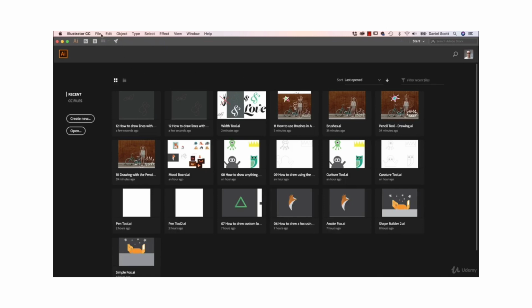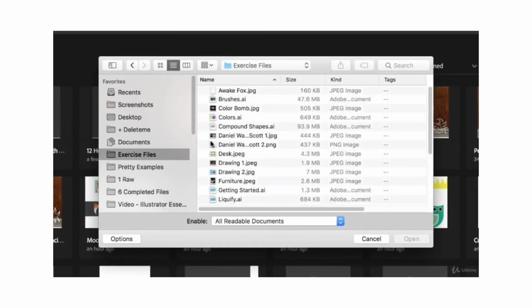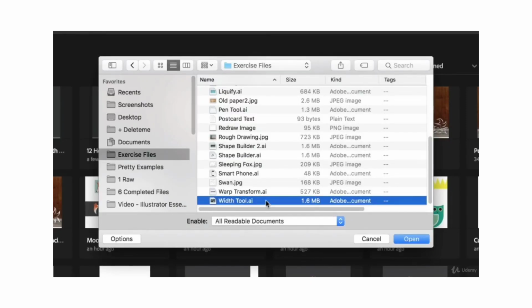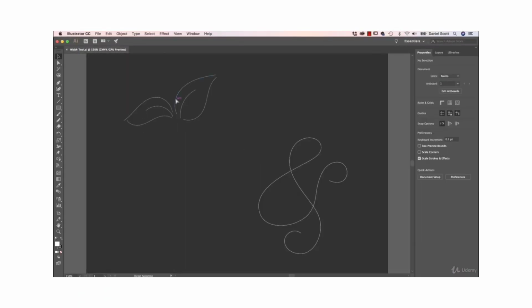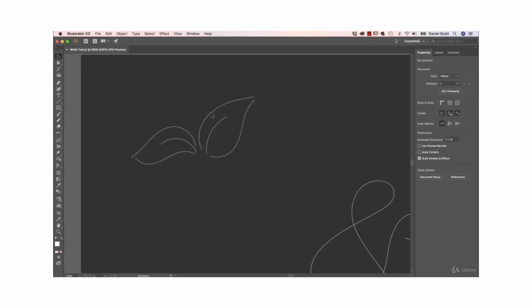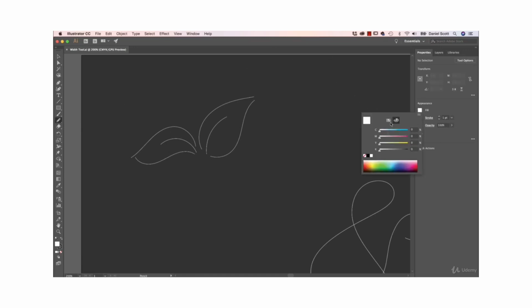To get started, let's go to File and go to Open. In your exercise files, there is a file called Width Tool. Click Open. We're going to start with the leaves at the top here. I want another leaf down the bottom here, just to show you how I drew it. So pencil tool, I'm going to have a fill of none, little stripy line, and